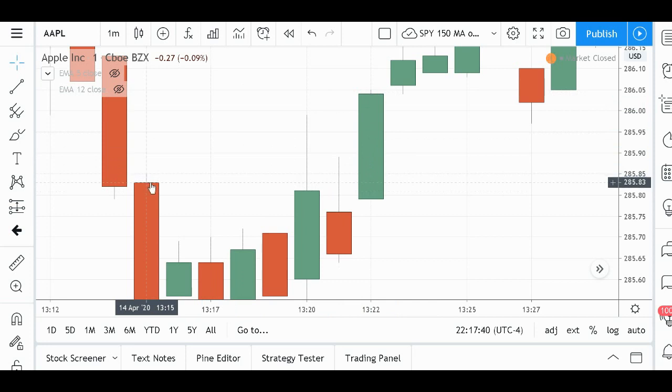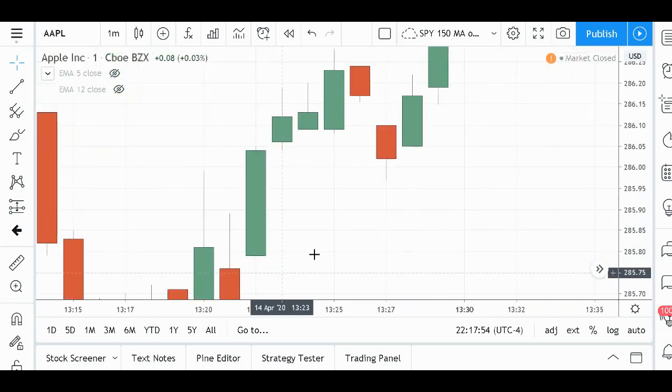Clearly above here, above the top of the red candle. And so if you were looking for confirmation, I mean, this is it. This is what confirmation looks like. All right. So then what happened after that? Well, let's pull out of